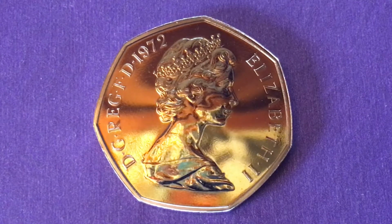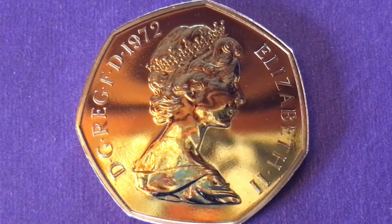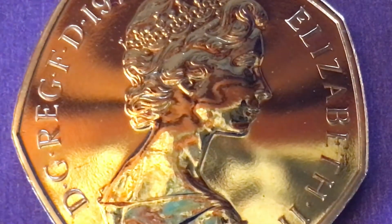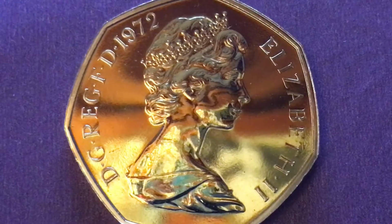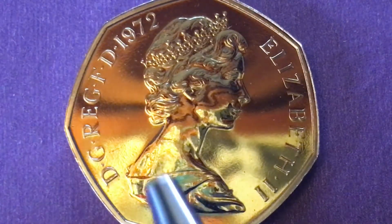And what we have is a 50p coin from the United Kingdom from 1972. And they say that with a video, you can make it look like how you want it to look, and that's certainly the case here. This is a coin that only came out in mint proof sets in 1972, so they made 150,000 of them. When we change the lights, you'll see that just the lighting alone changes the whole appearance of this coin. But let's look at it like this because it's really great to see all these different